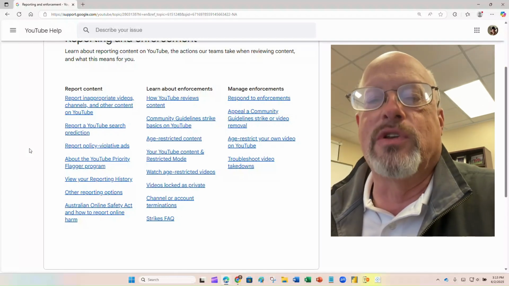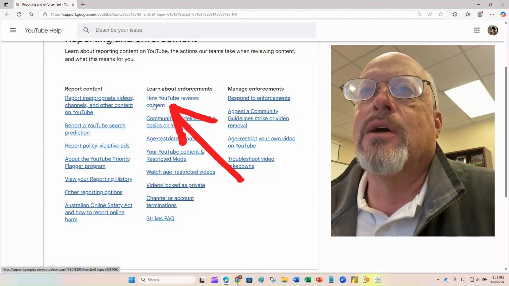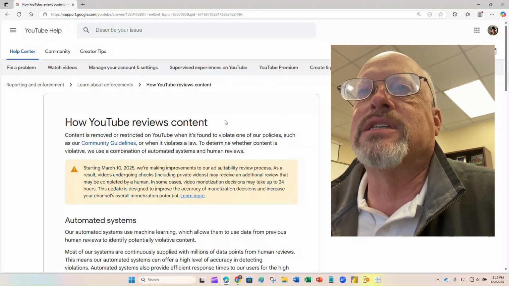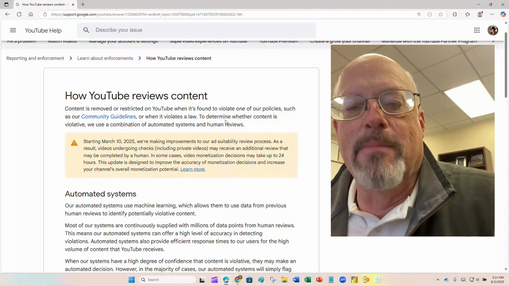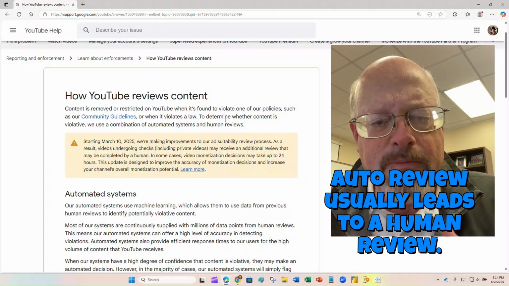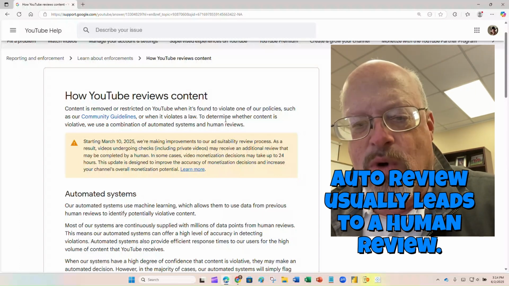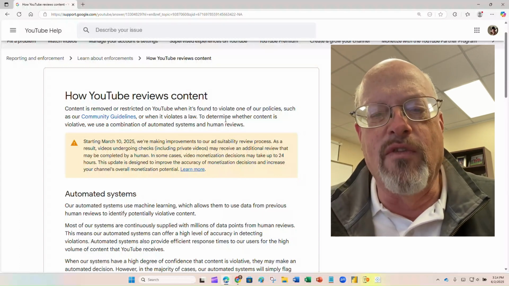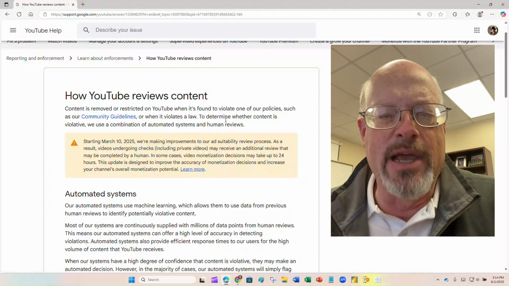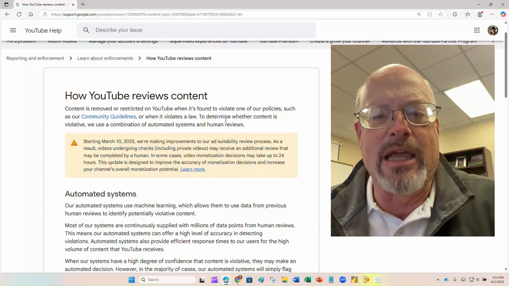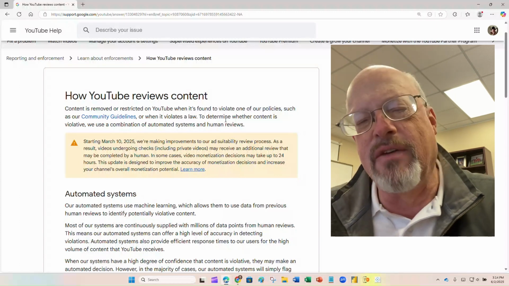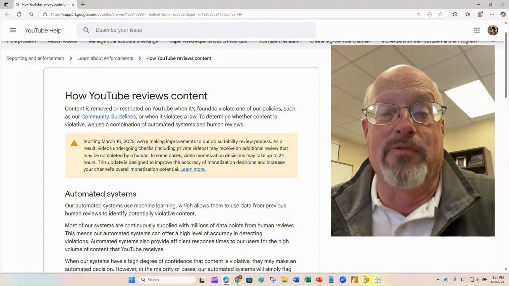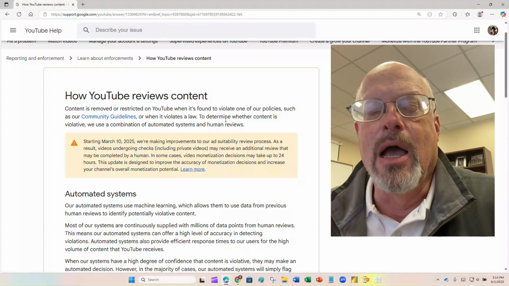So the first thing they do is they describe up here at the top, right in the middle, under Learn About Enforcement, how YouTube reviews content. We'll click on that, and one of the things it says is that, first of all, they have automated systems that will review the content that's in the videos. They watch the videos, the automated systems listen to what's said in the videos, and they will flag things. Now, sometimes the automation will give you an automatic warning. Usually what's going to happen, particularly if it's content related, they are not like a copyright flag. If it's copyrighted, it's copyrighted. You don't need a human to review that, right?